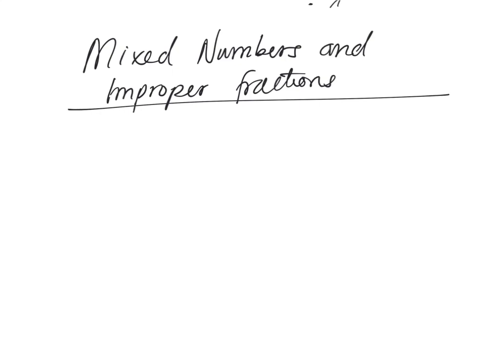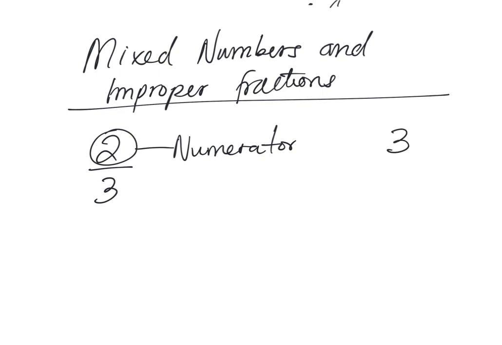Let's quickly discuss mixed numbers and improper fractions. Now, we know that proper fractions have a numerator and a denominator, and there are situations where the numerator, which is the number on top, is greater than the denominator. So a situation like 3 over 2, when you have a numerator that is greater than the denominator, we call